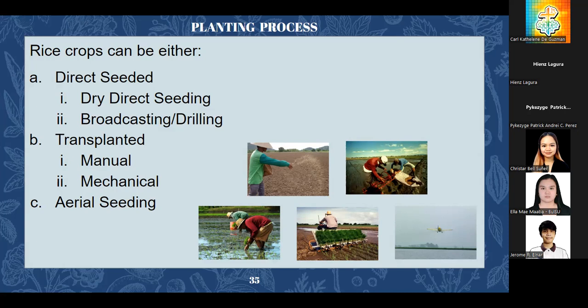For the transplanting method, it is usually practiced as a method of weed control for wet or puddled fields. This requires less seed, but much more labor compared to direct seeding. Under this method naman po yung manual and mechanical transplanting. Sa manual transplanting, it can be done in either random or straight row method. Sa random method,